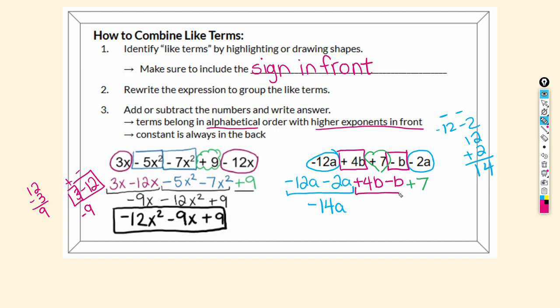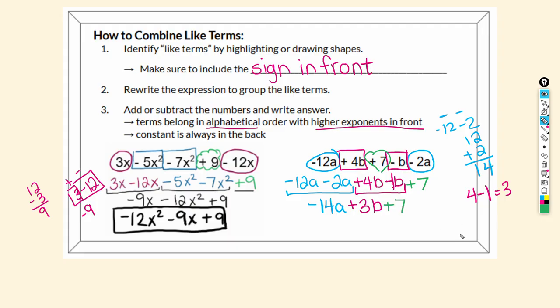Now let me combine 4b minus b. Remember, when there's no number in front, I've got one of them. If you want to put a little ghost 1 there or just draw a 1, you can. But the math you're doing to the side or in your head is just 4 minus 1. And that's simply 3. So this section is now actually 3b. And since it's positive, we need to put a plus sign right there. And remember, 7 did not have any other constants to combine with, so we just need to put it at